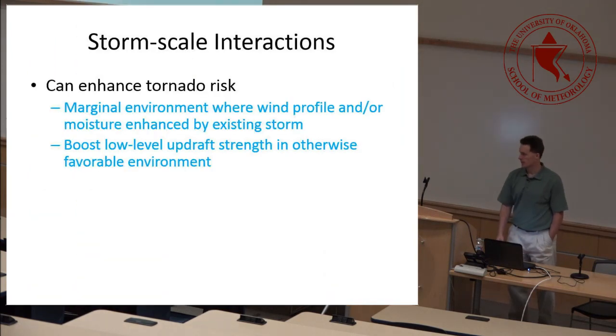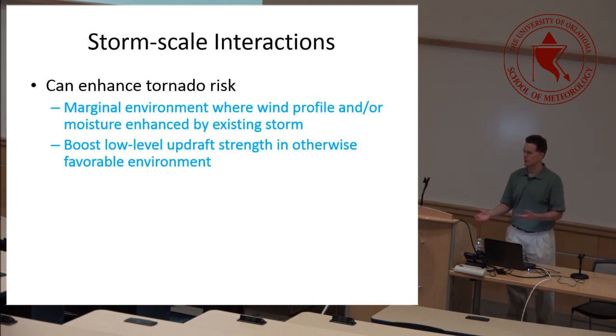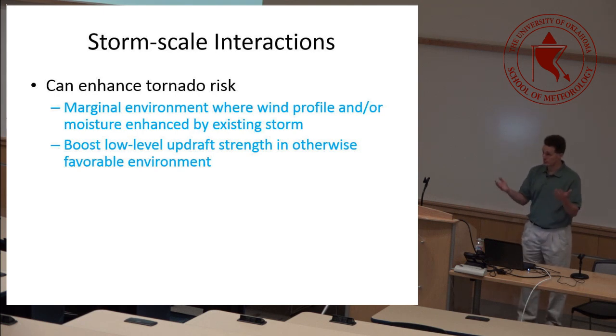So storm scale interactions, again, just to keep in mind, it can be really complicated. I only showed a couple of examples. There are thousands of variations on this theme. If you have a marginal environment, the key is, if the large scale or mesoscale is not providing the environment favorable for tornado formation, is there something on the storm scale, through the interactions, that can provide that environment? It's going to take careful attention to details to figure that out,